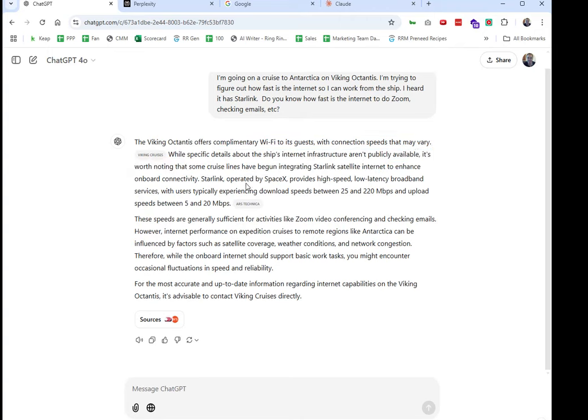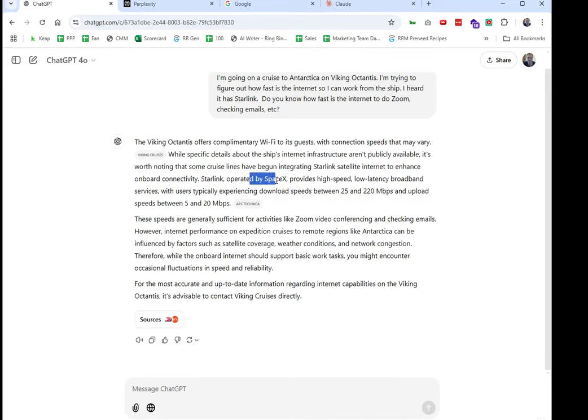However, this is on SpaceX's Starlink, which is typically pretty fast, and the speed is typically good for Zoom video, stuff like that. However, I'm not loving the output because it's still not exactly what I'm looking for.